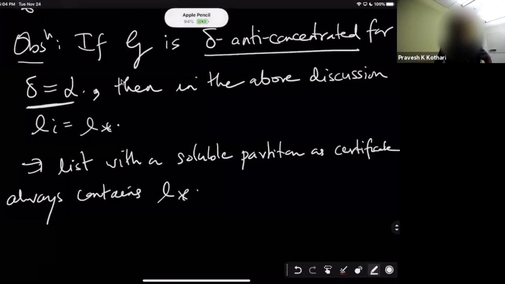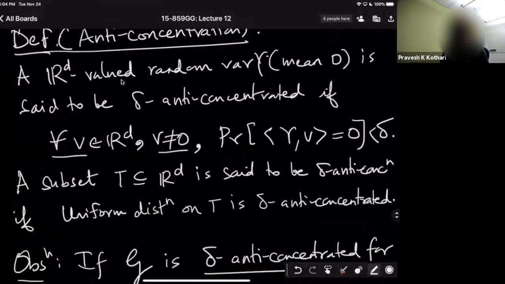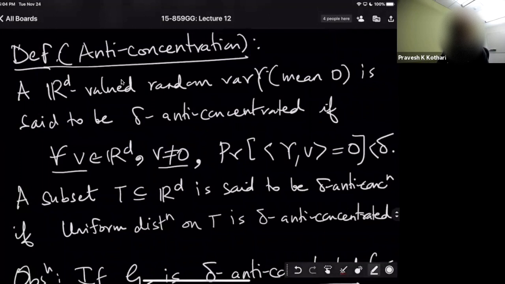Okay, let's pause for 30 seconds and make sure that we are still on the same page. Still with me? All I've done is basically given up on my worries by simply making a definition that makes my job possible, right? That's all I did. And I just gave it a nice name. We'll see reasons to give this name in a second. But at least the facts of the matter should be clear: if G is alpha anti-concentrated, and I can give you a list along with a proof which is a soluble partition, then that list must contain L star.